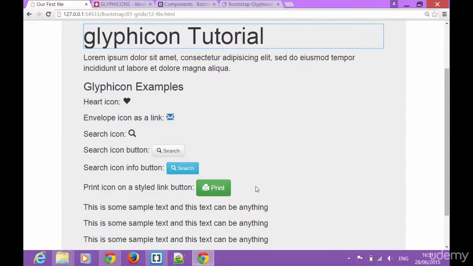I hope that you are enjoying the course quite a lot, as Bootstrap is really fun to learn. You don't have to manage your CSS and JavaScript, yet every functionality is there in your website. Let's talk more about it, and in this video let's talk about the Glyphicons. Now what are the Glyphicons? Glyphicons are simply monochromatic icons or symbols which are designed with a specific goal in mind